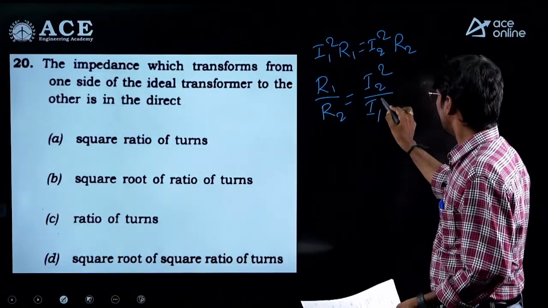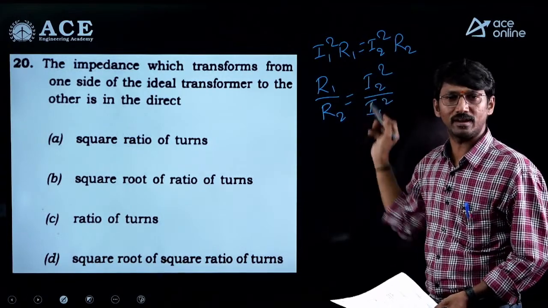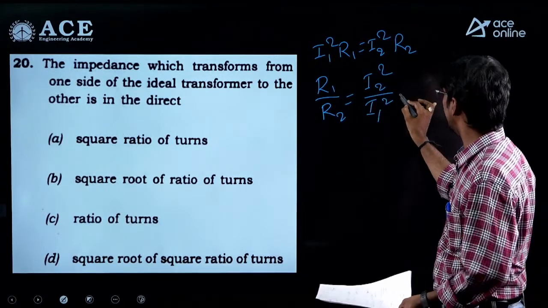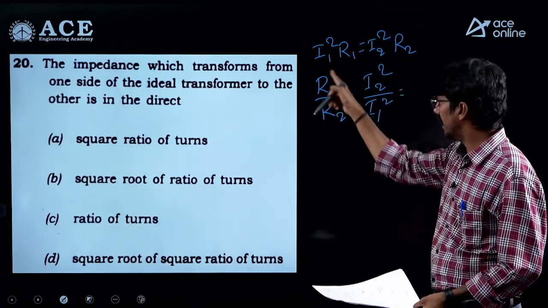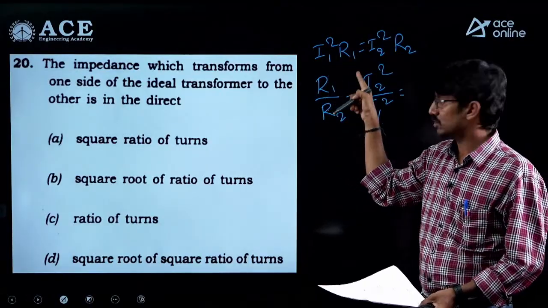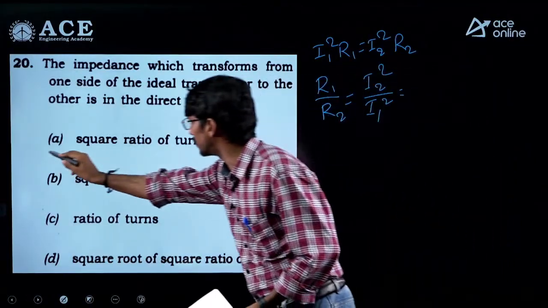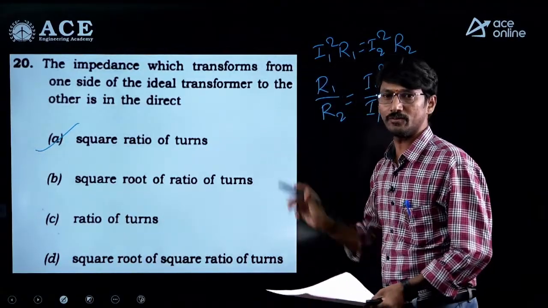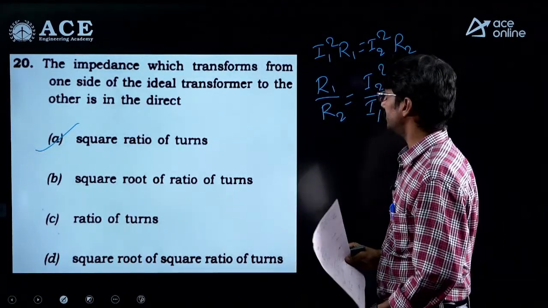And anyway, in the place of current ratio, we can write the number of turns ratio. So simply, if you are writing the number of turns ratio, impedance or resistance is similar, therefore it is directly proportional to which one? Simply the square ratio of turns. Right? Next one,